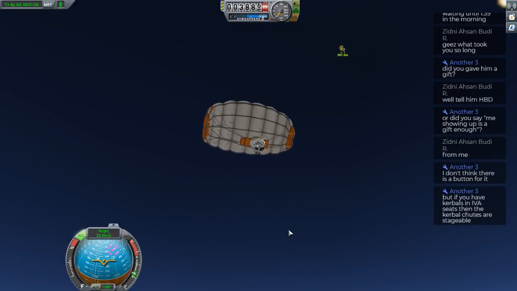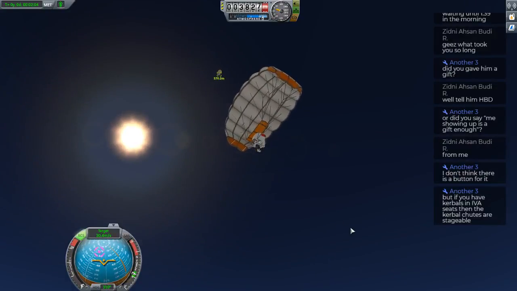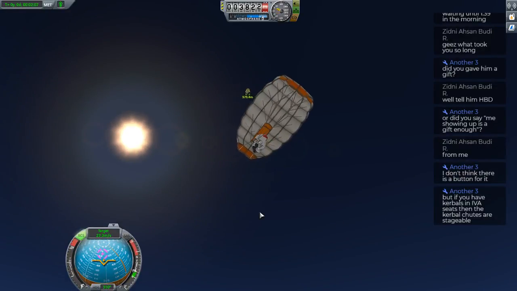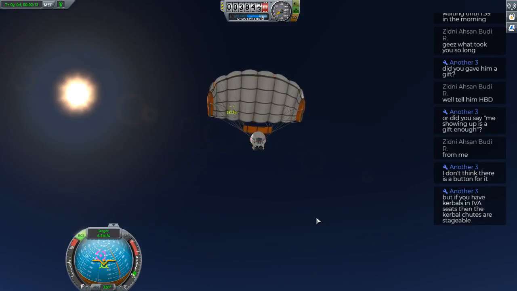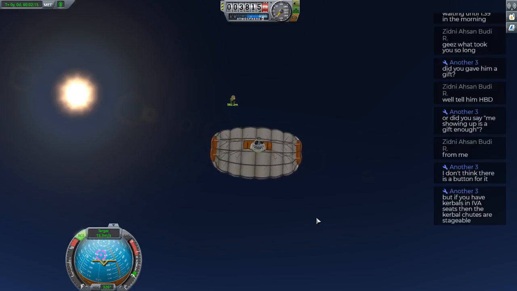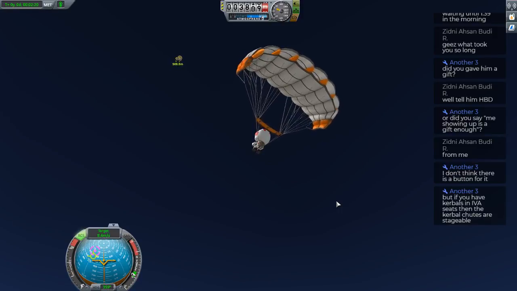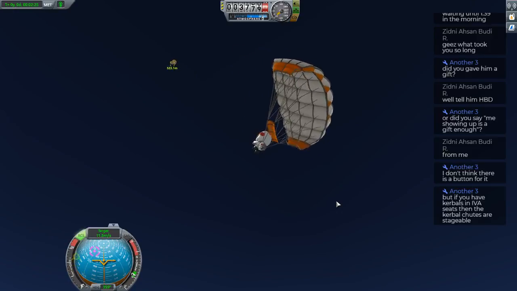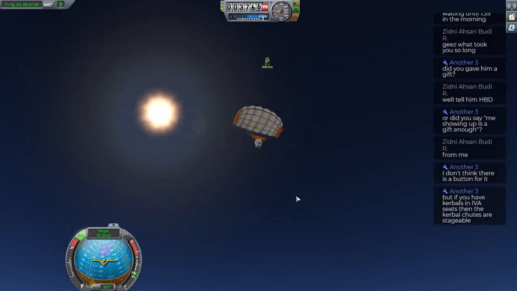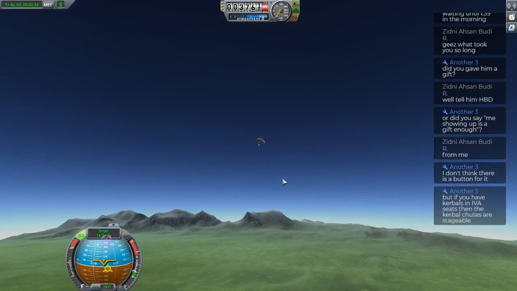If you have your Kerbals in IVA suits, then the Kerbal chutes are stageable. Okay. Trying to keep close to it is actually really difficult. No, it's away towards it is what I want. I don't think we're going to get any closer than we are now, though, unfortunately. Getting underneath 500 seems to be a problem. But now that I know what the stage button is...